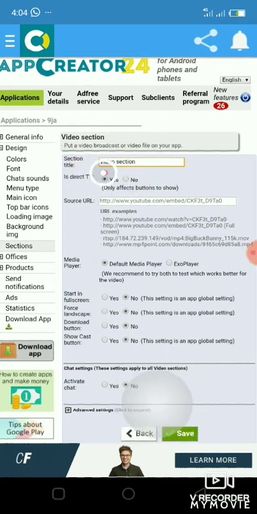You can see it now. Is it DirecTV? Yes or no? No. I say it's not DirecTV. So when somebody can include a video, I'll just click on no. If it's DirecTV, you just put the link of your TV here or your YouTube channel here. But if it is not, I'll just click on no. So it is not DirecTV.